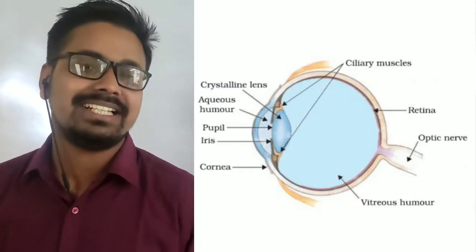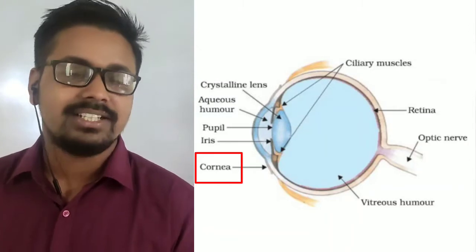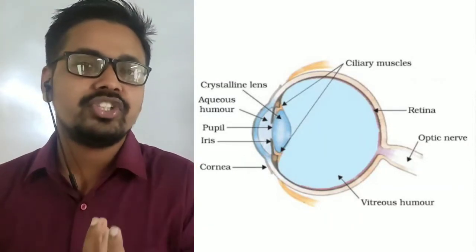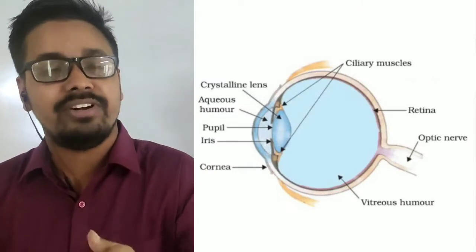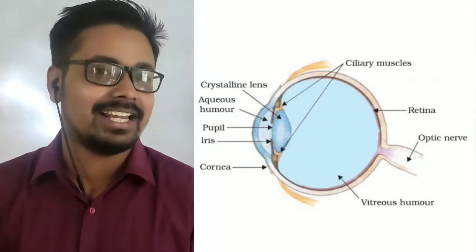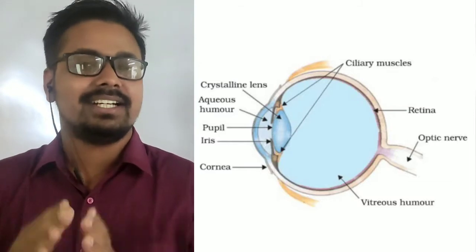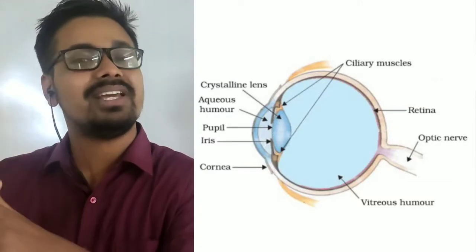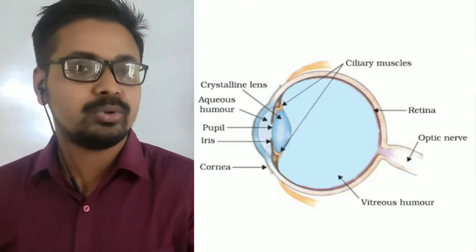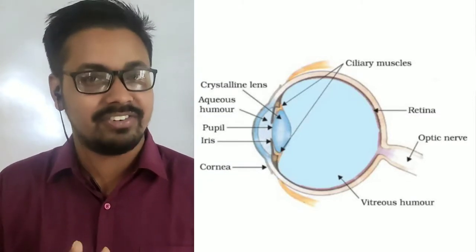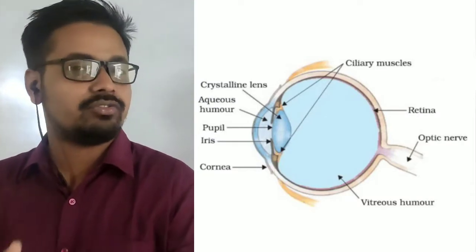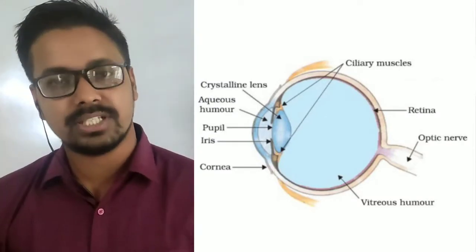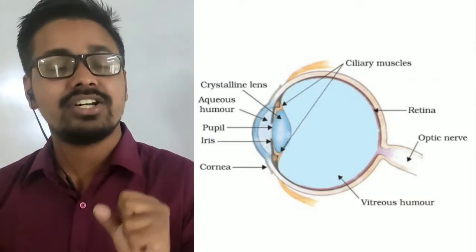The first layer is called the cornea. Now, the cornea is the portion of the eye that is responsible for the most amount of refraction of light in the eye. What we think is there is the cornea, then we have aqueous humor, then the pupil, and then the lens. The lens is supposed to make the highest amount of refraction, or change in direction of light, but that is not exactly what happens. The cornea takes up the responsibility to change the direction of the light